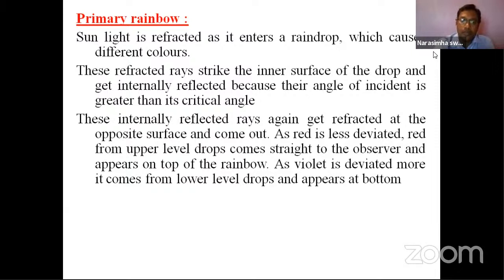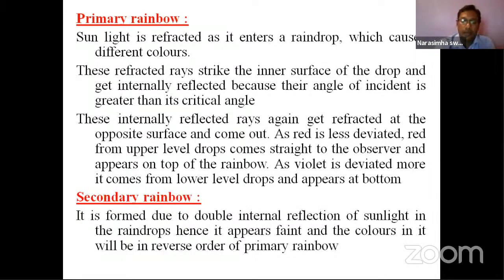Now the secondary rainbow is, of course, rare, and you can't see very clear images of it. It is formed due to double internal reflection of the sunlight. So double internal reflection of sunlight in the raindrops, hence it appears